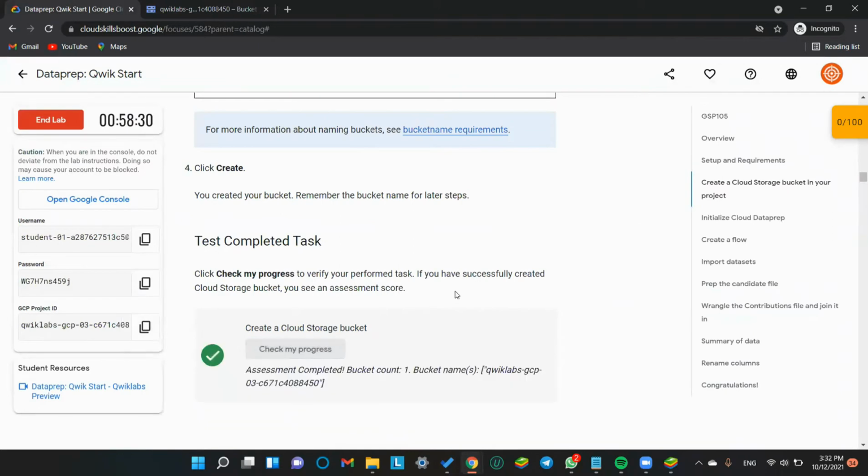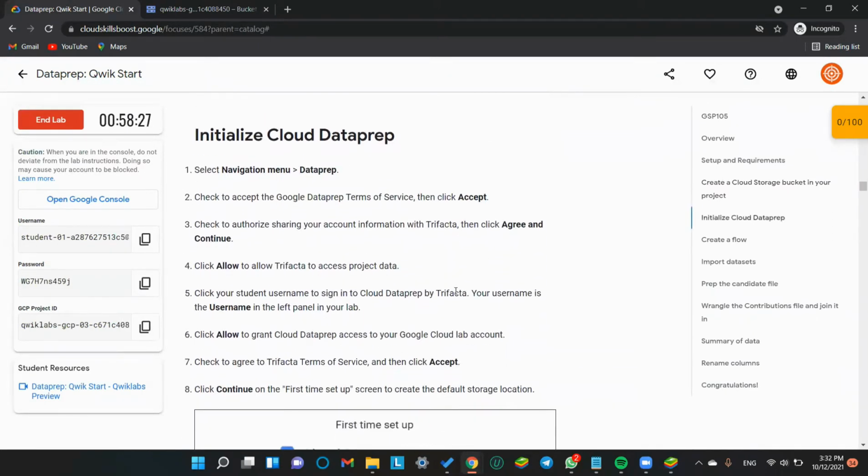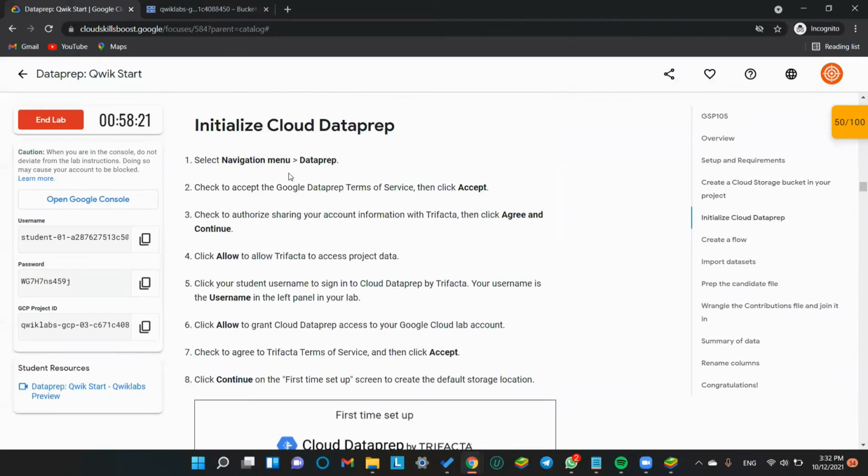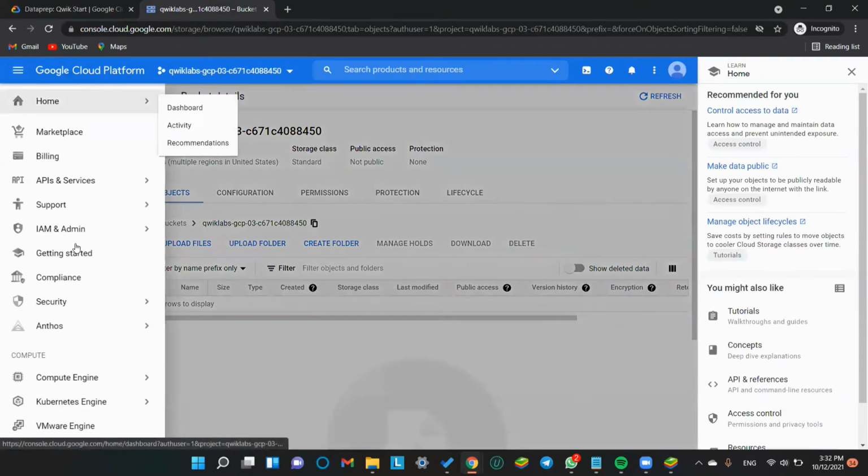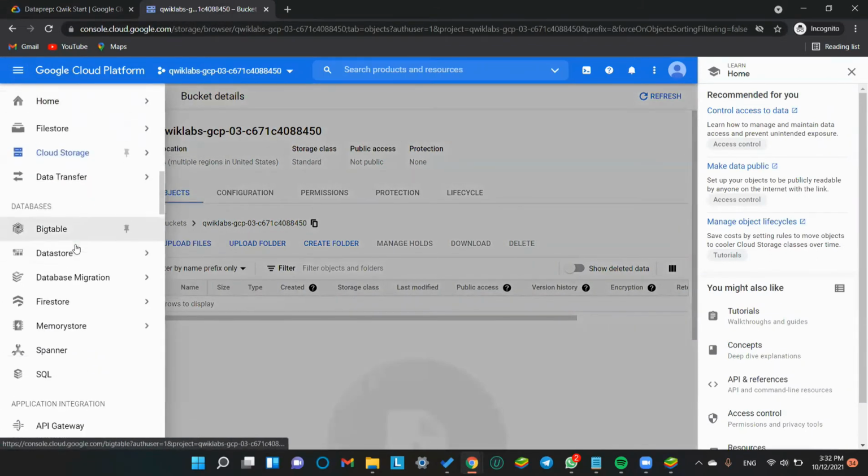Verify our task. Now we initialize Cloud Data Prep. In the navigation menu, we go to Data Prep. Navigation menu, search for Data Prep.